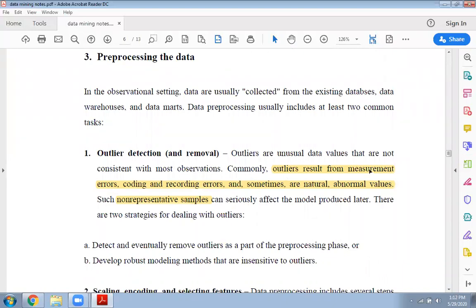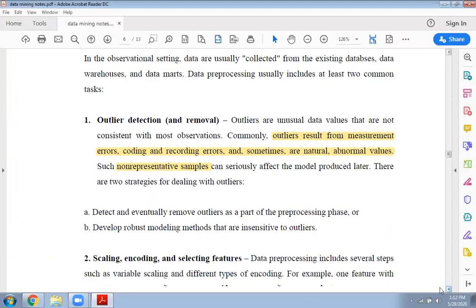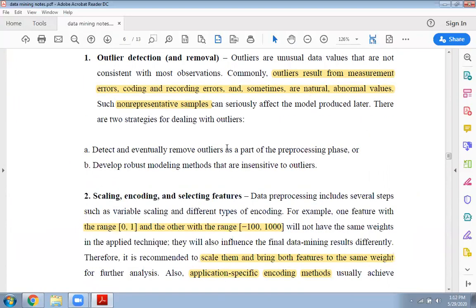These may be due to measurement errors, or coding and recording errors. Sometimes natural abnormal values are present, which are non-representative samples. We need to detect and remove them. We can detect and eventually remove outliers, or we can develop robust modeling methods that are insensitive to outliers. So once the data has been collected and processed, and outliers have been removed,